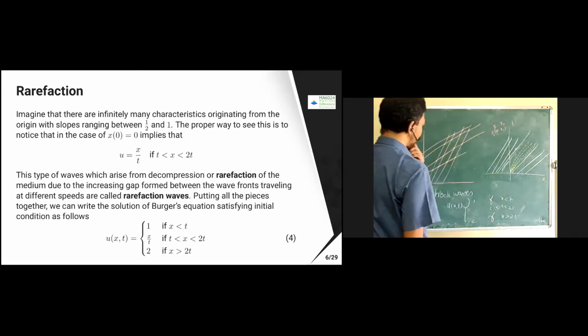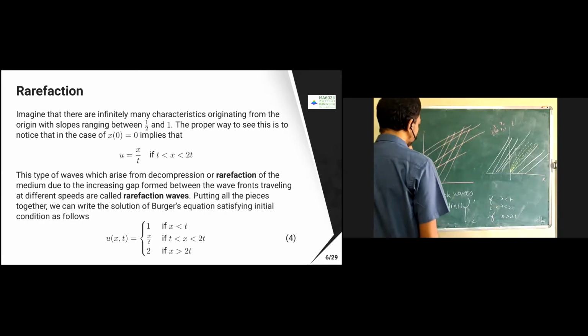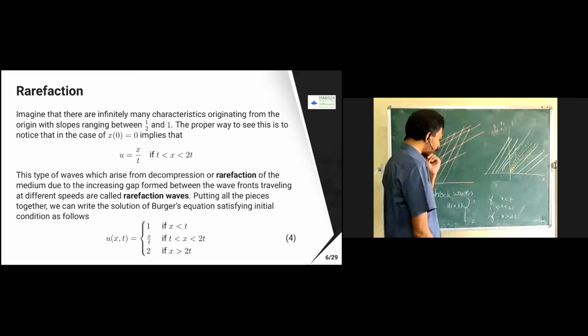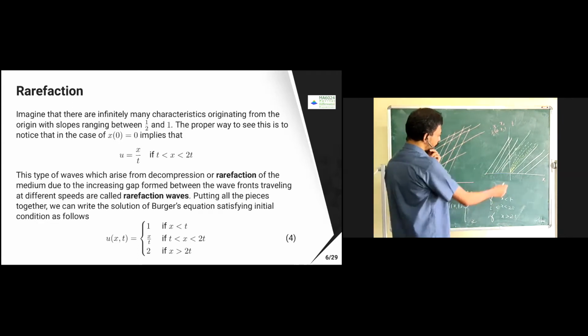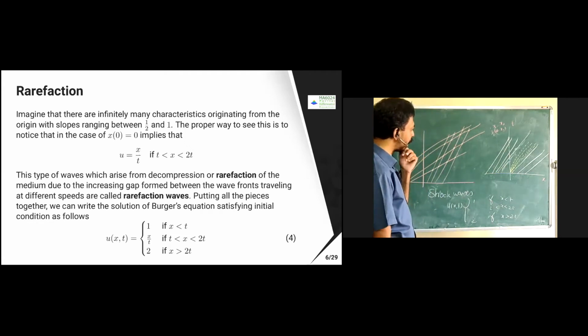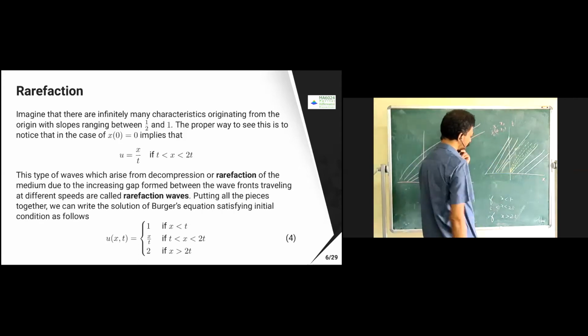Where that will occur is this: when x is less than t, for example, I just put t here, this is t. Whenever x is less than t, this is the corresponding line for me. This is the slope for that. For example, let's say t is positive, like t is 5. When x is less than 5, you will have characteristic lines over here. When x is greater than 2t, this is for 0.